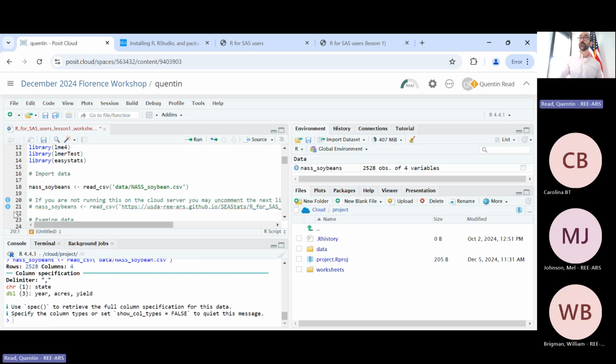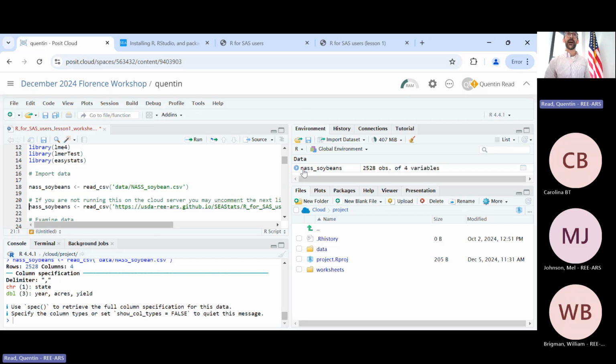Now, if you're doing this on your own machine, you can see that some lines begin with a pound sign or a hash. That means that's a comment. It's not actually code that needs to be run. So if you're running this on your own machine, you just delete the comment, and then you can run that line of code as well, and that'll load the file off of the website where it's at. So you can see once I ran that read_csv,